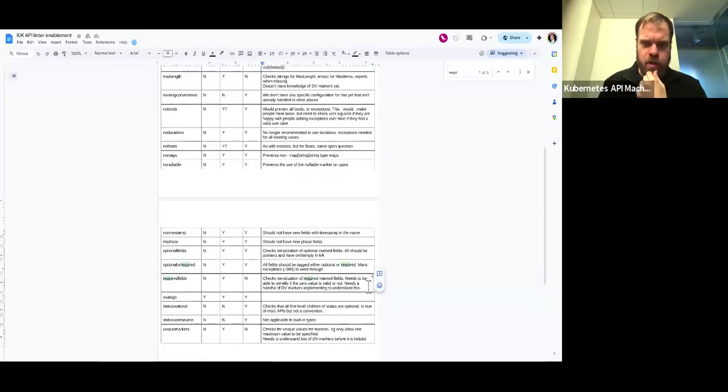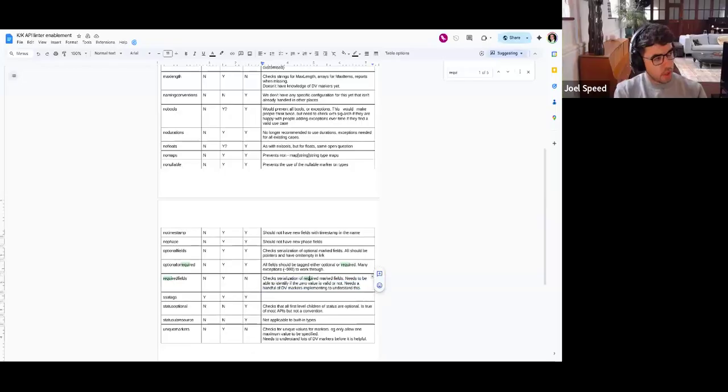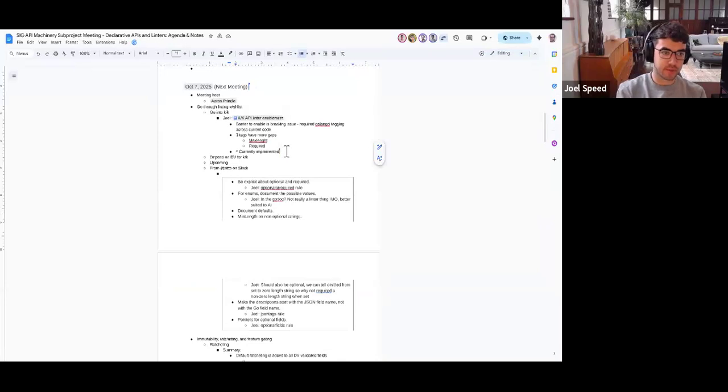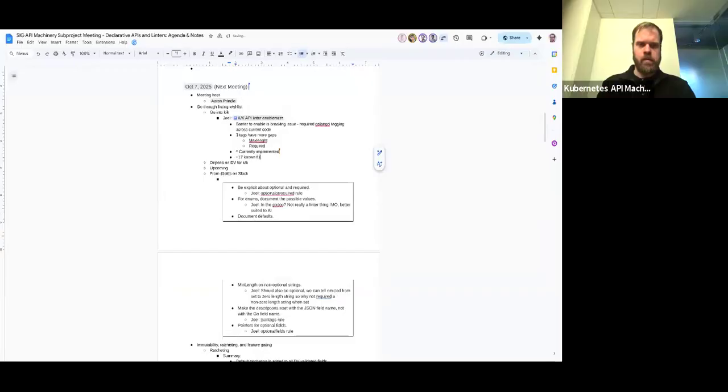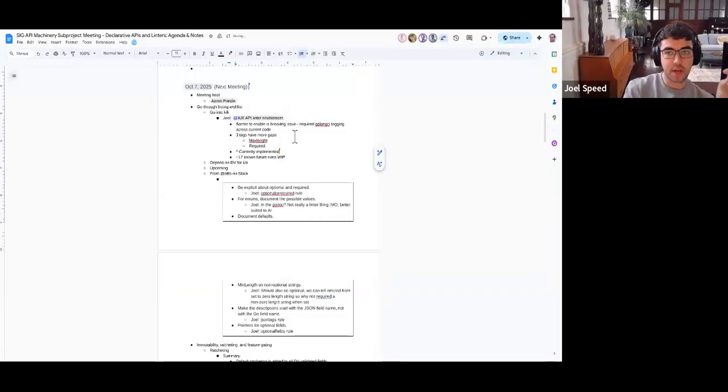You mentioned the zero value. Can you explain what Cal does today and what the delta is that you think about with that? Yeah, so for every field that Cal looks at, it needs to know whether the zero value is valid. Normally in required fields in Kube APIs, if the zero value is valid, it doesn't need to be a pointer.